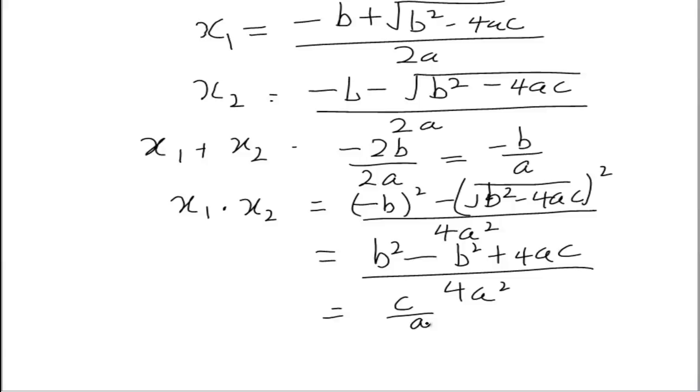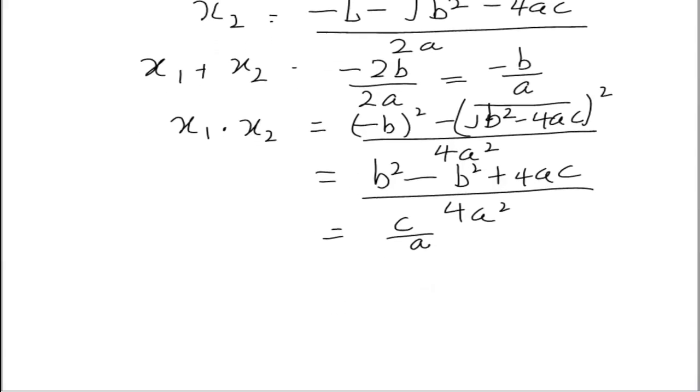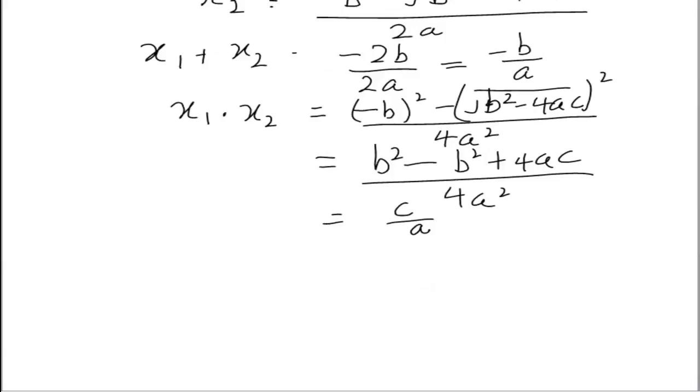Now what they've actually given us: if we take the sum of the roots, we're given 5 plus root 13 over 2, and 5 minus root 13 all over 2. Now your sum of roots will be 10 over 2, which is 5,